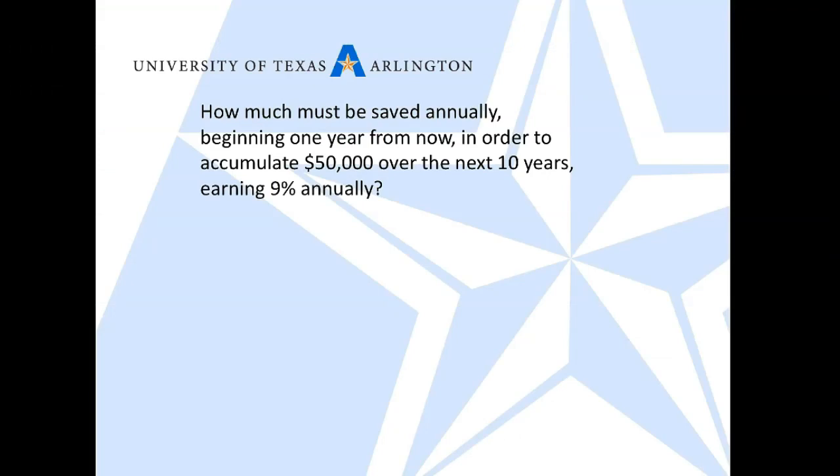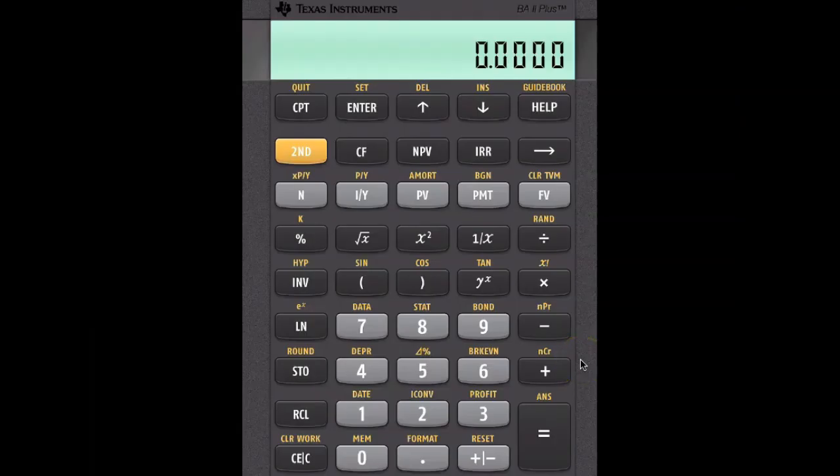Let's wrap up with one more practice example. How much must be saved annually, beginning 1 year from now, in order to accumulate $50,000 over the next 10 years, earning 9% annually? We can either do this in Excel or via financial calculator. Let's work this one in the financial calculator. We're not given a present value, so we're assuming that is 0, so 0 present value, and $50,000